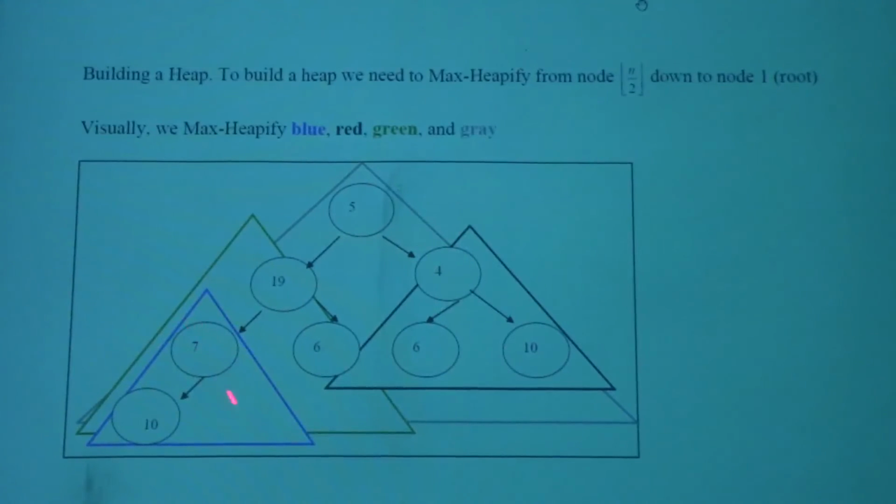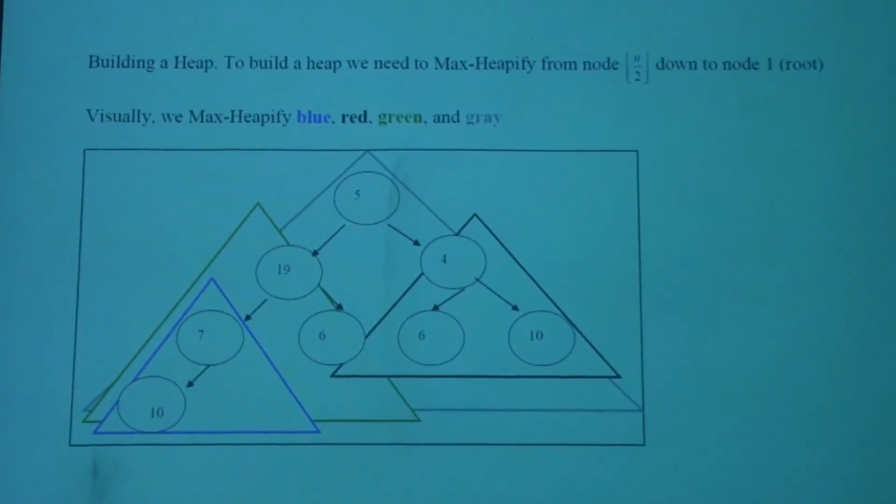Is there a violation with a key being not bigger than this? No, because there's no key, so this is fine. But there's a violation here. Because for a max heap, the child cannot be bigger, so we have to do what? We have to swap the 10 and the 7. When I swap the 10 and the 7, the blue triangle will now have a 10 pointing to a 7,